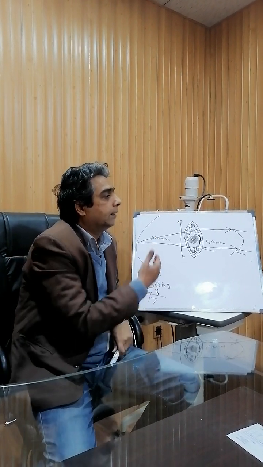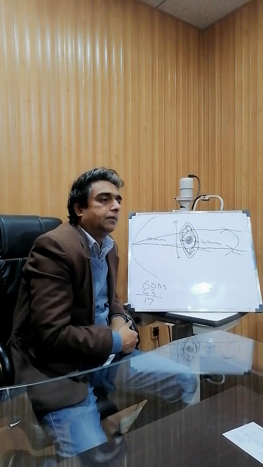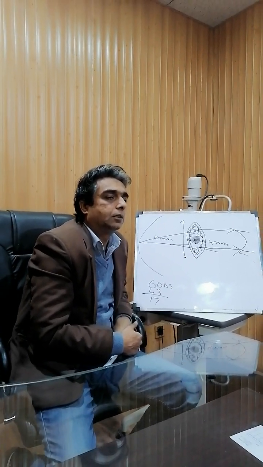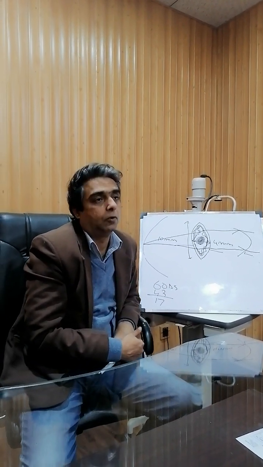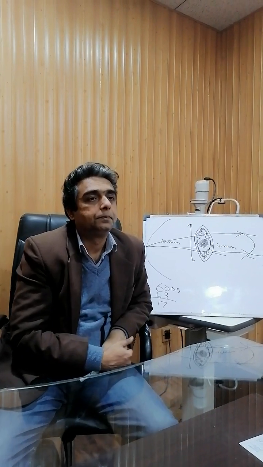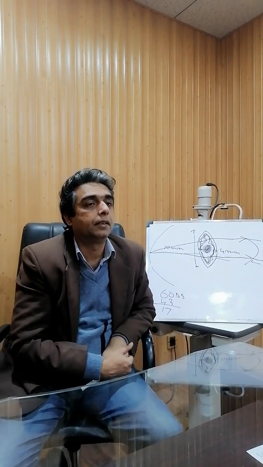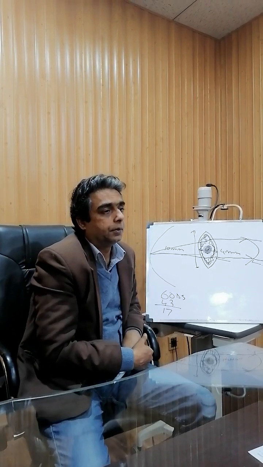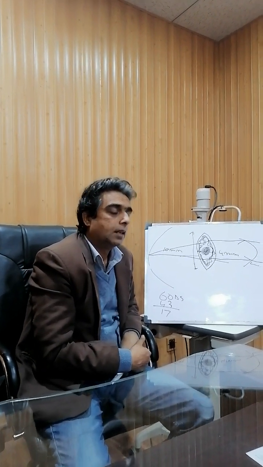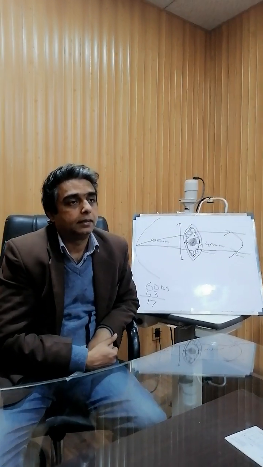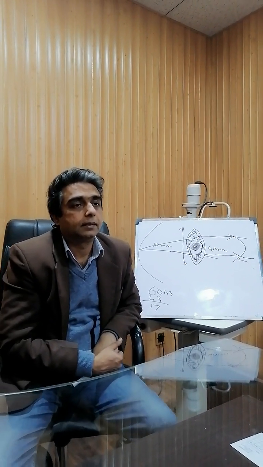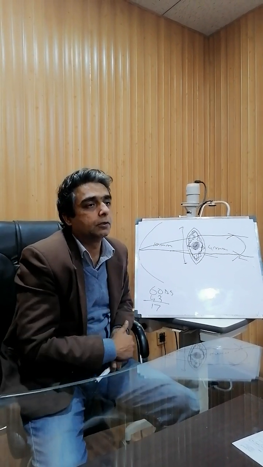And here, if enough oxygen is not present, then sorbitol is formed, and sorbitol accumulates, and it is also a contributing factor towards the formation of cataract. In the cases of diabetes, in diabetic cataracts, this could be a proposed mechanism of